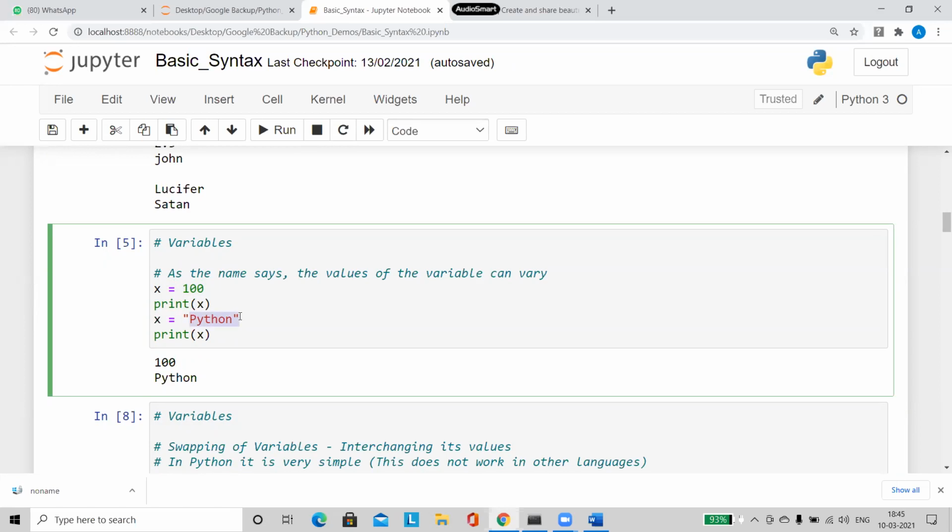It is going to be changed to Python. So that is the speciality of a variable. The values can keep on varying, can keep on changing. So it is not fixed. So when I say x is equal to 100, it is not always going to be 100. No. So that is another important point you have to remember.